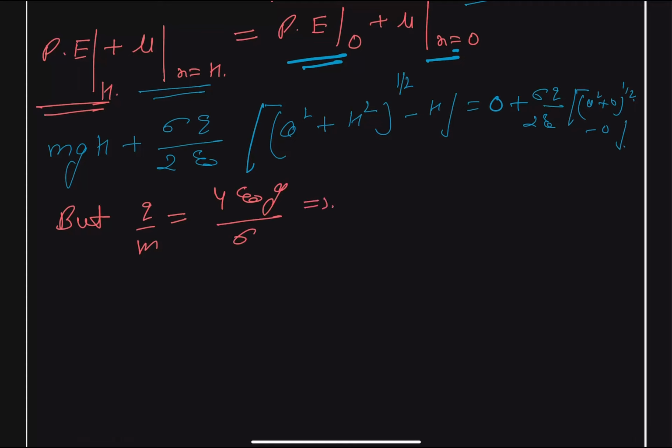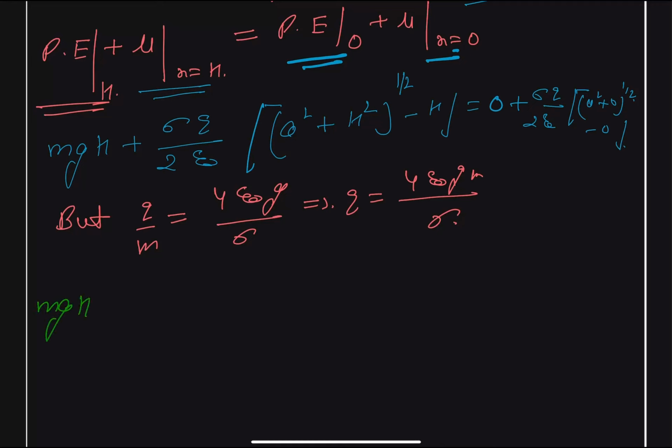So from here we can write our q is equal to 4 epsilon naught g m divided by sigma. So we substitute the value of q and we get this as